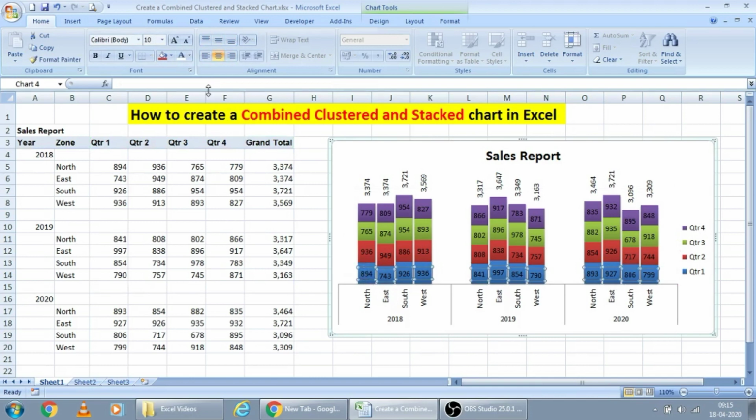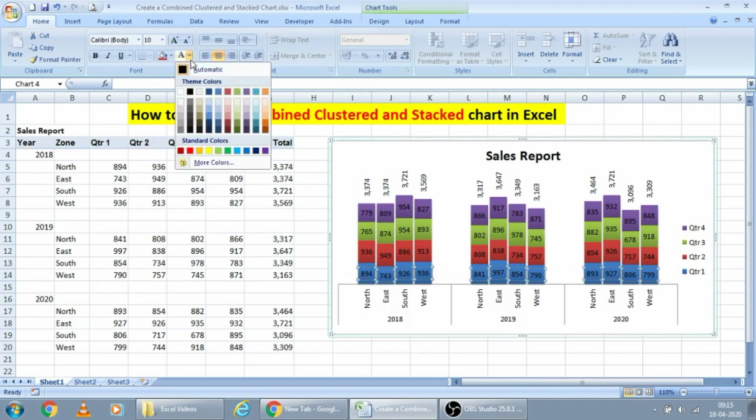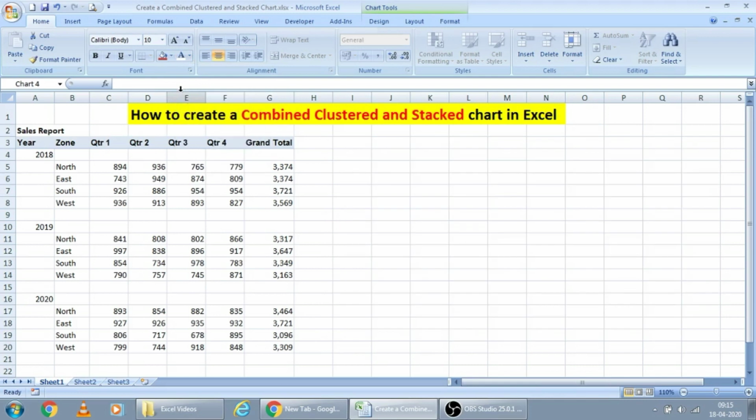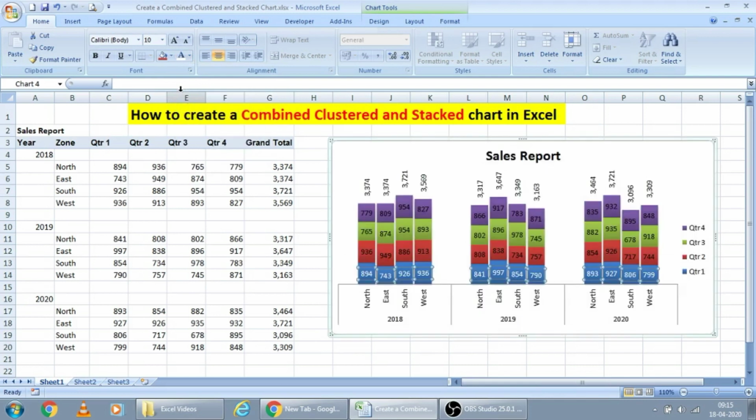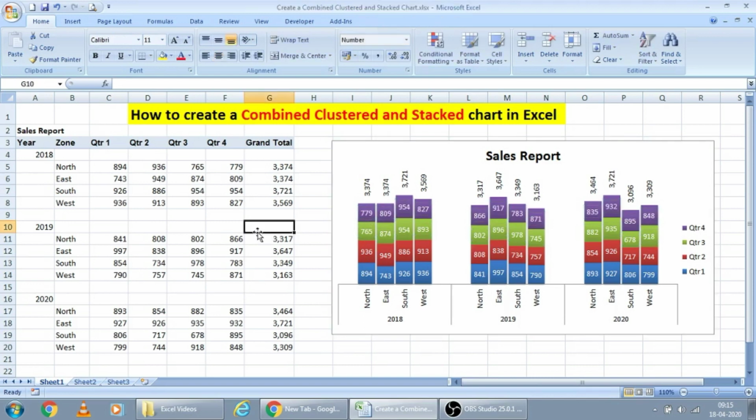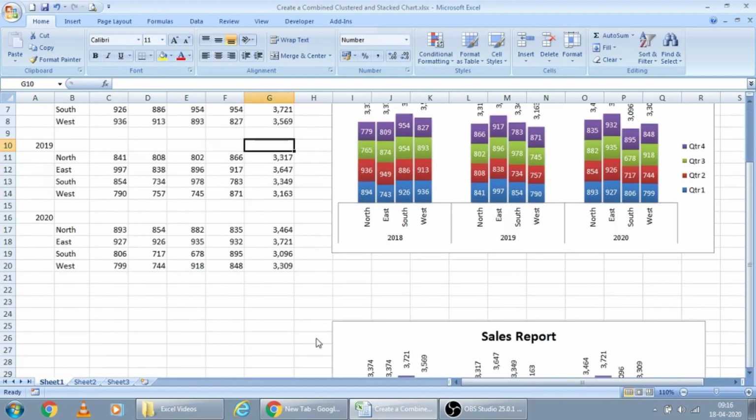Select this and change the font color to white, so that the numbers will be visible to the user. So now I have changed the colors to white. We have recreated the original chart we showed in the beginning.